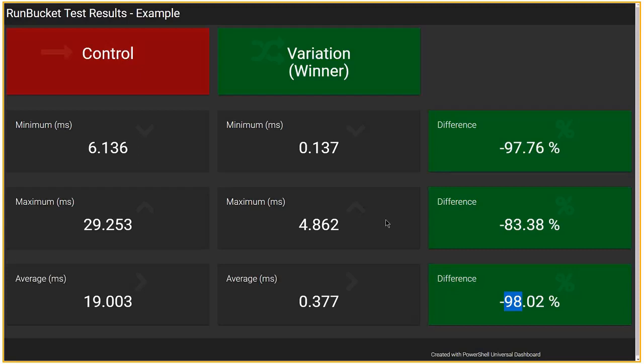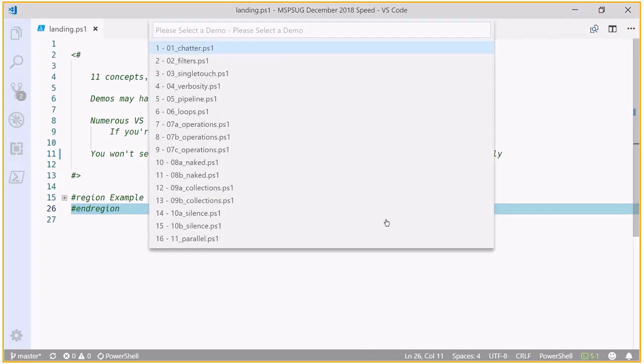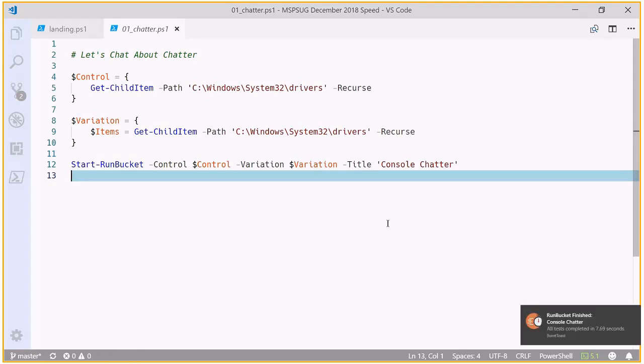So, code and pull up our first test case. So I mentioned console output as the reason why we're using a stopwatch, and this example here is a little bit